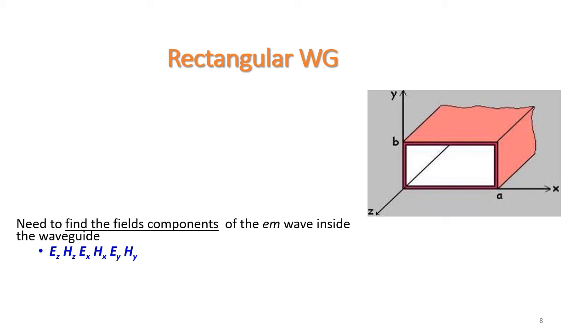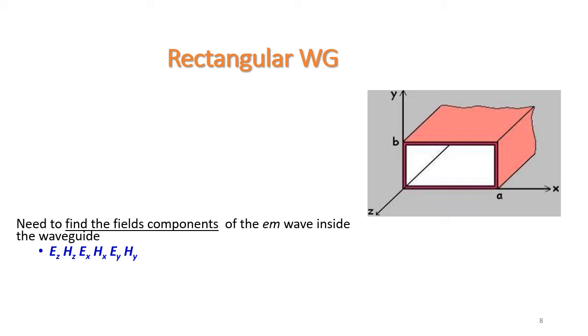So when there is a combination of the electric field, it is called TE mode. When there are combinations of the magnetic field carried through the waveguide, it is called TM mode. Then, if both electric and magnetic fields are there, this is called TEM mode. But inside the waveguide, there is a single conductor. As there is only a single conductor, no TEM mode is possible inside the waveguide.